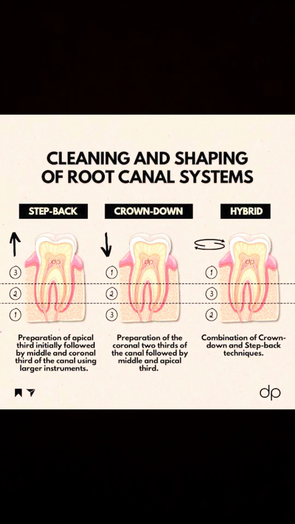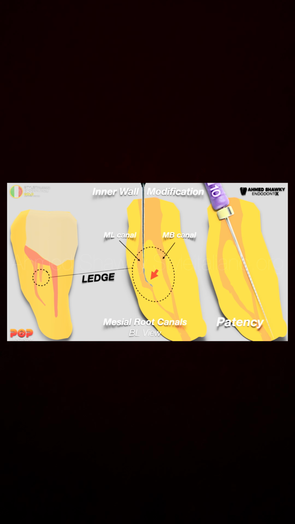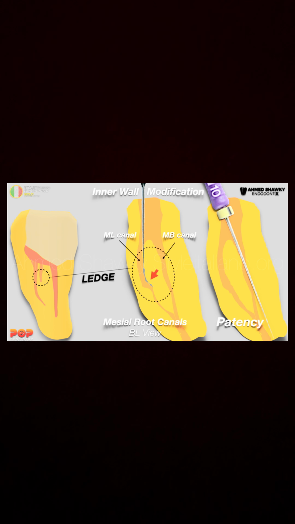First one is glide path determination, which is called canal patency. The concept of creating a patent path up to the working length without altering or blocking the original root canal anatomy is known as glide path determination or canal patency. In easy words, canal patency is a procedure of keeping the apical portion of the root canal free of debris by gently passing a small file